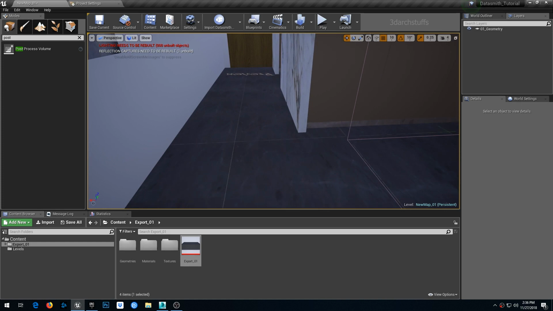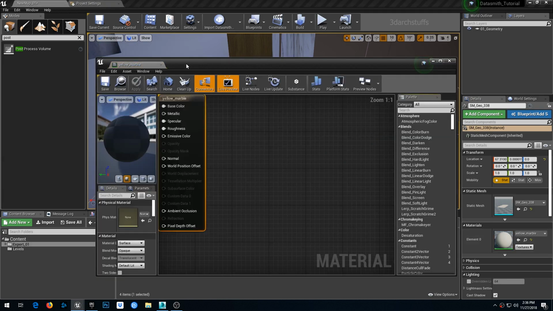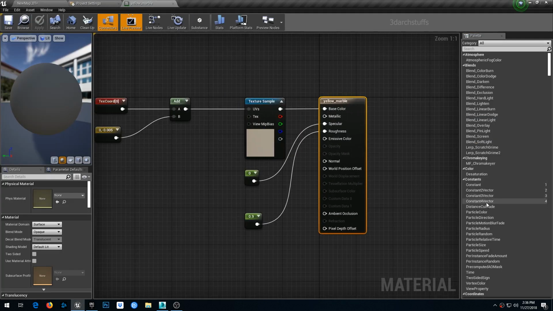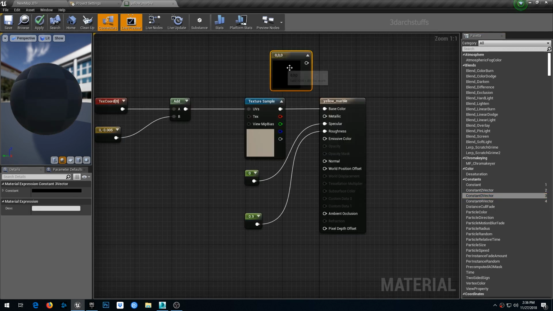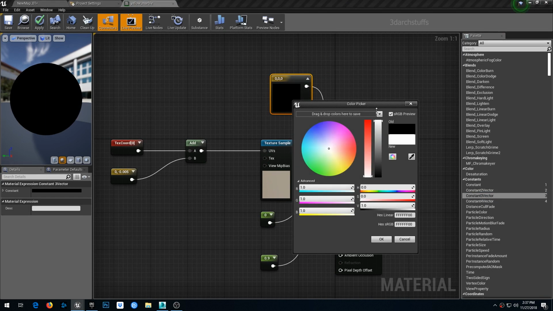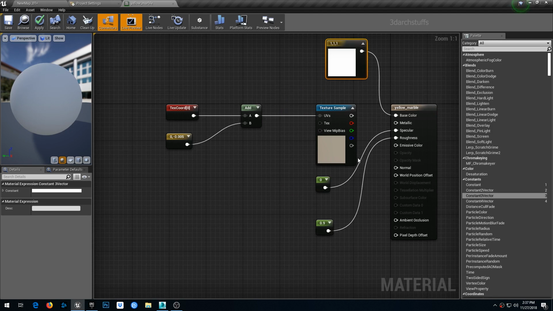So, just go ahead here, and I will double click on the material of that object, and from here I will bring a Constant3Vector, and I will plug it inside the base color. I will make it white, and these are the nodes that get created